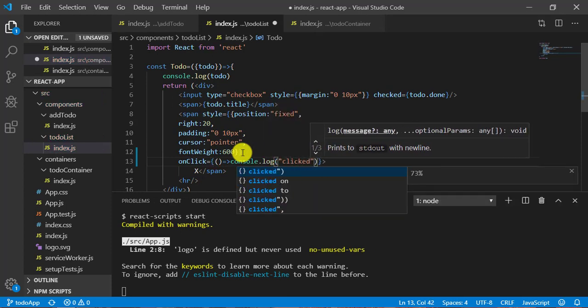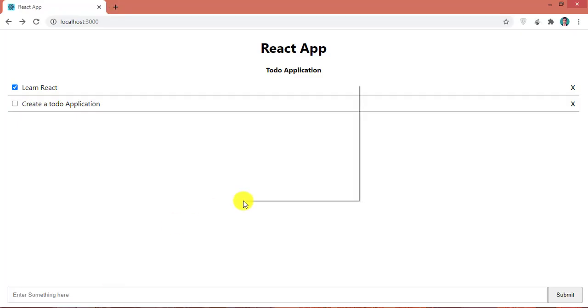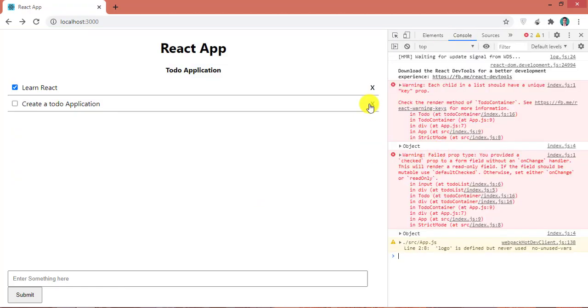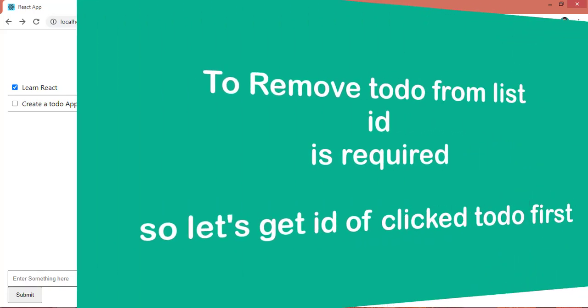So "clicked", save it and come to the UI, inspect mode and select the console. As you can see, after clicking on this, I got one "clicked", and once I click on this one, I got two "clicked". Okay, now we are handling the click event.